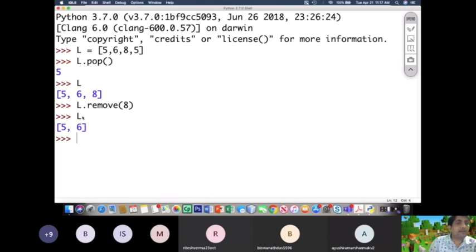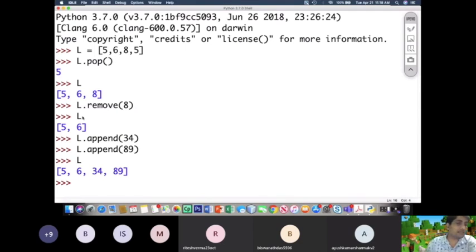So let us add a few more data elements in this L so that we can remove them. L.append(34), for example, and then again L.append(89).